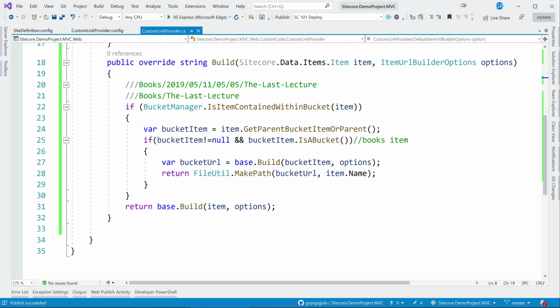That means when you are hitting the URL, like this is the URL, Sitecore has to go and find that item based on the path. But obviously Sitecore cannot find that path because there is no books and the last lecture in the Sitecore tree. There are a lot of these things. So when you browse this URL, even though the URL is generated and it is SEO friendly for us, when you browse this, it will throw you item not found.